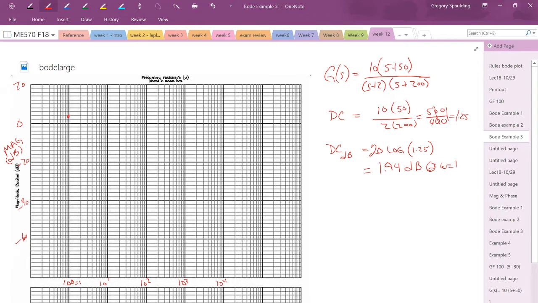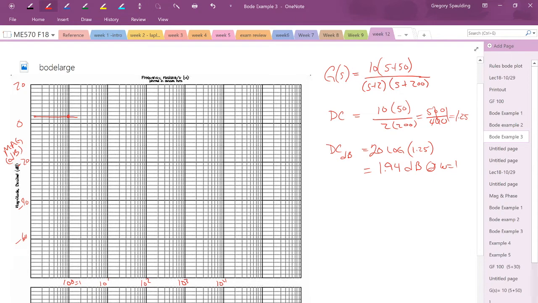Remember, our slope is defined by how many free s's we have and where they are. If we have no free s's, then we're going to have a horizontal line. If we have a free s in the numerator, we're going to be sloping up at 20 dB per decade, and if we have a free s in the denominator, we're going to be sloping down at minus 20 dB per decade. But in this case, we're just going to be going straight across. Now we're going to go across until we find